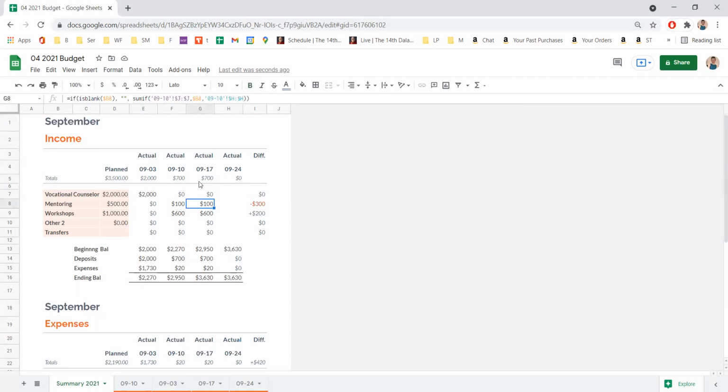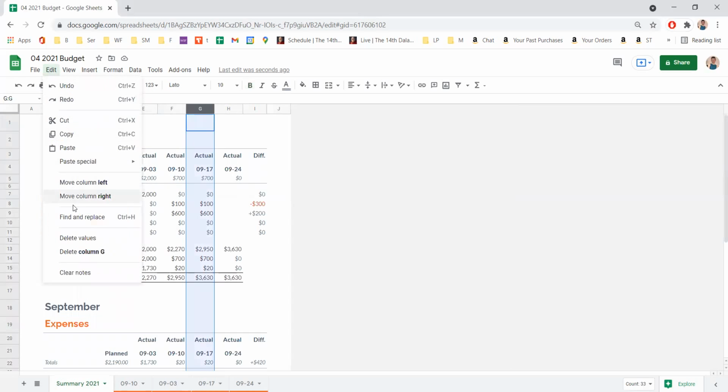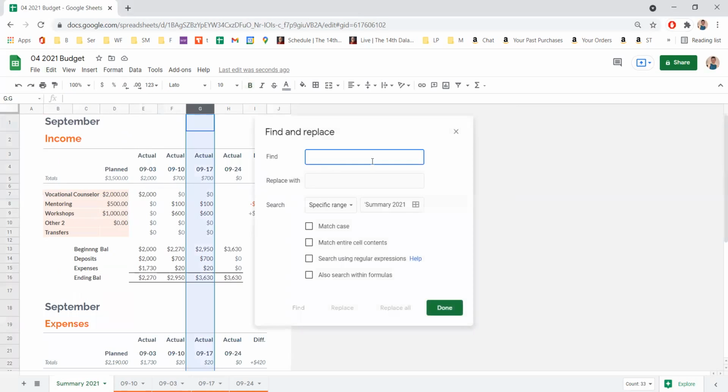Now the second week, the third week is the same thing. We highlight the column, we do edit, find and replace, 09-10 and 09-17. One thing that I want to point out, as you can see at the bottom, it's the same format